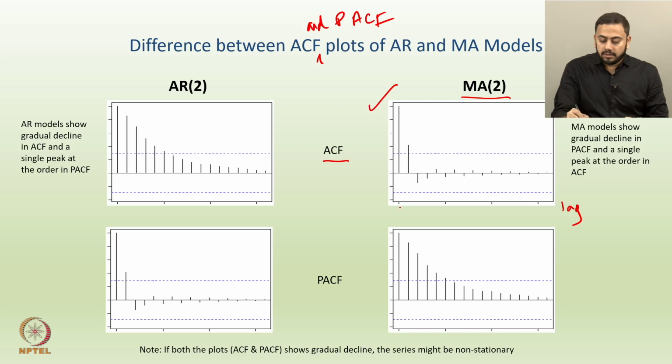Now, let us say that you start at lag 1, so this is lag 1, this is lag 2, this is lag 3, 4, 5, etc. For each lag there will be some correlation, because you are finding the correlation between, let us say, yt and yt plus 1, so lag is 1. Or if you are finding the correlation between yt and yt plus 2, lag is 2. Hence we can get more than 2 lags also. Let us say the correlation between yt and yt plus 8, so lag is 8.